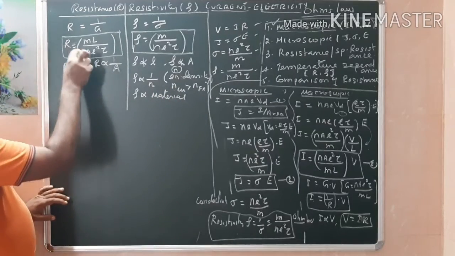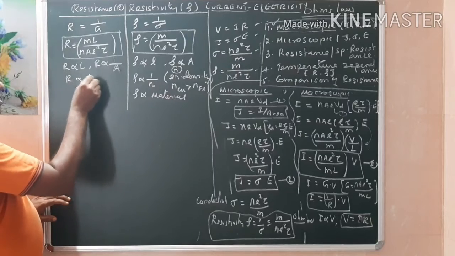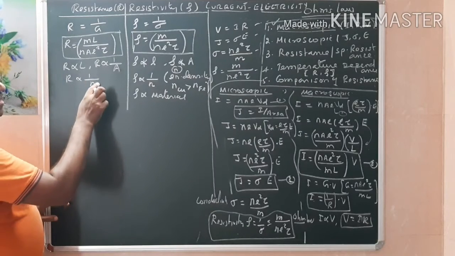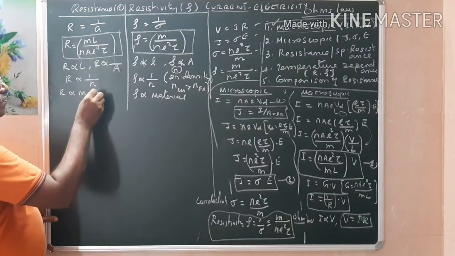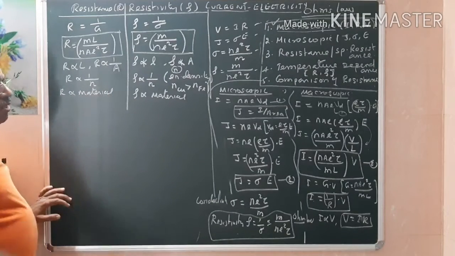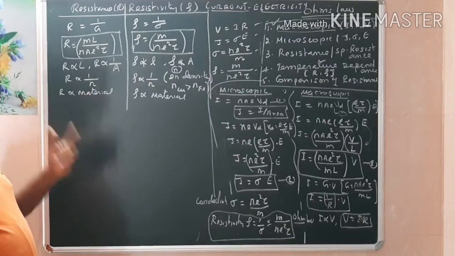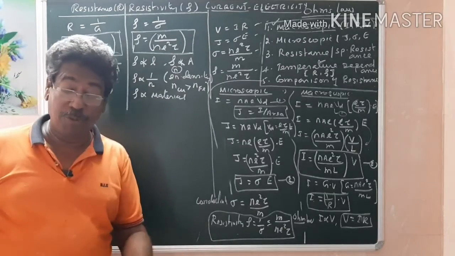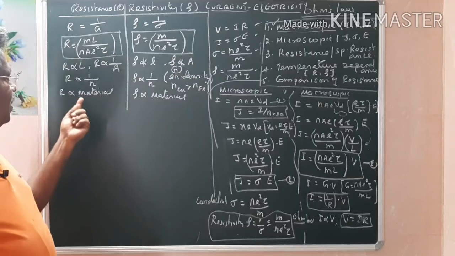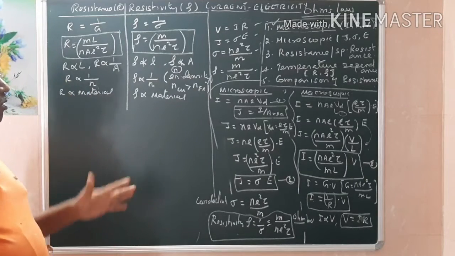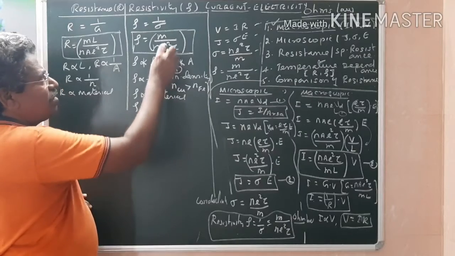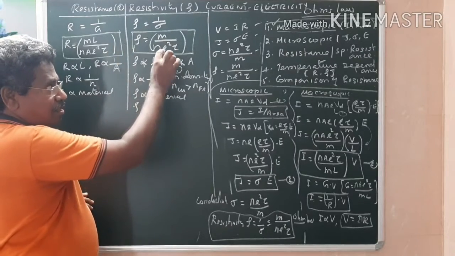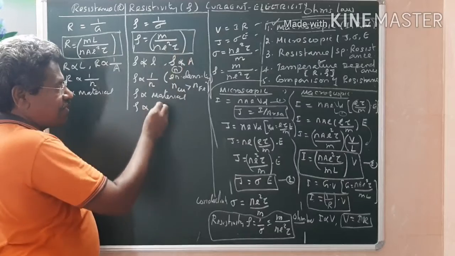Similarly here also, R is proportional to the same term 1 by n. Whenever there is a change in n, R will change, therefore R depends upon the material, same. When you add an impurity so that the n changes, R will change. Therefore resistance depends upon the purity of the material also. When the impurity is added, n will change, therefore resistance will also change. The next one is resistivity also depends on the mass of the electron, constant, charge of the electron, constant, but relaxation time, 1 by tau.